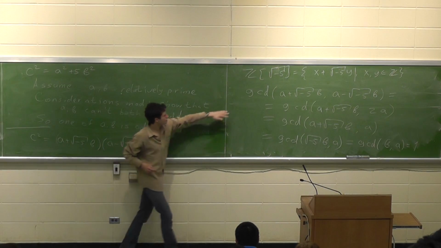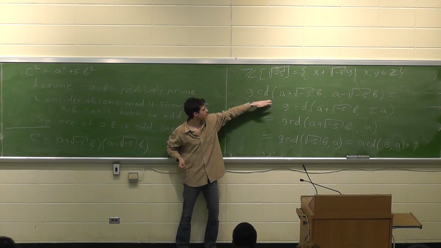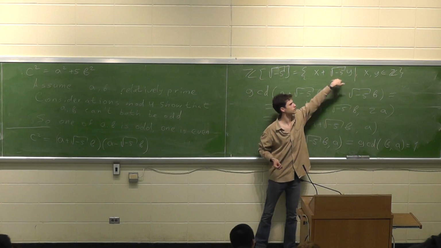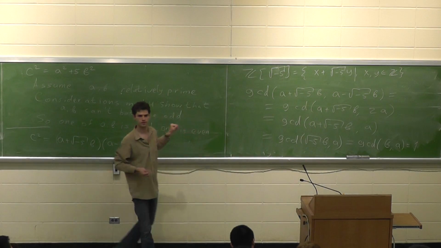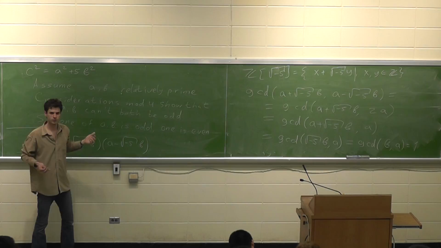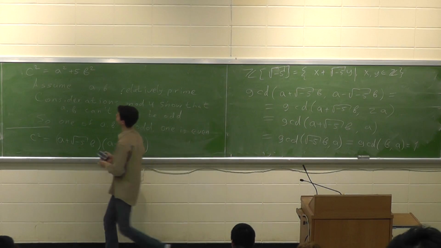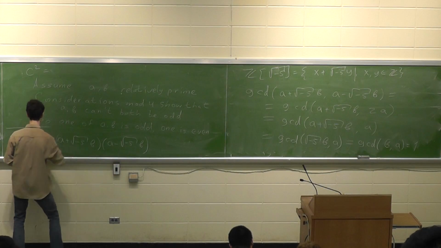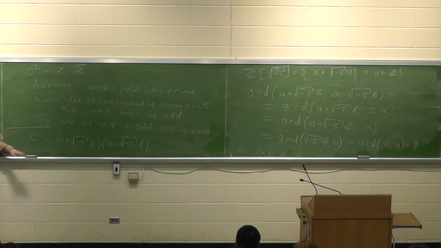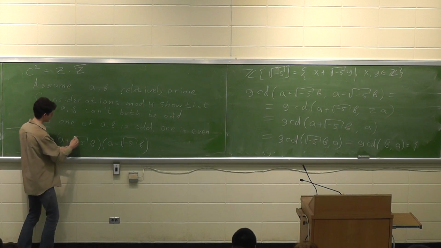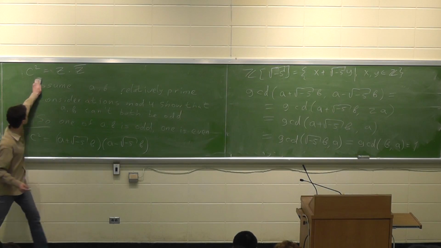So my point is, well, at least this is true. If a and b don't have any common factors, then these two numbers don't have any common factors among these kind of integers. The next step that we did in the previous problem is like this. Well, now we have the product. C squared is something times its conjugate, where conjugation gives, instead of plus sign here, you put minus sign here. And then you get